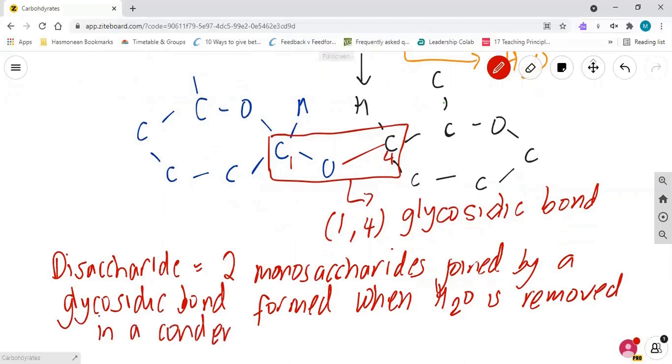You will always have a condensation reaction when you join molecules together and create